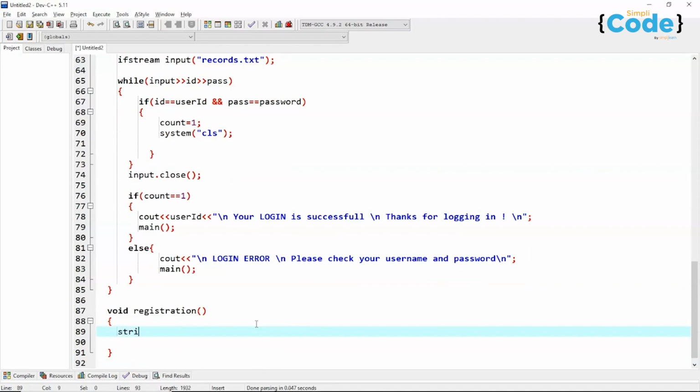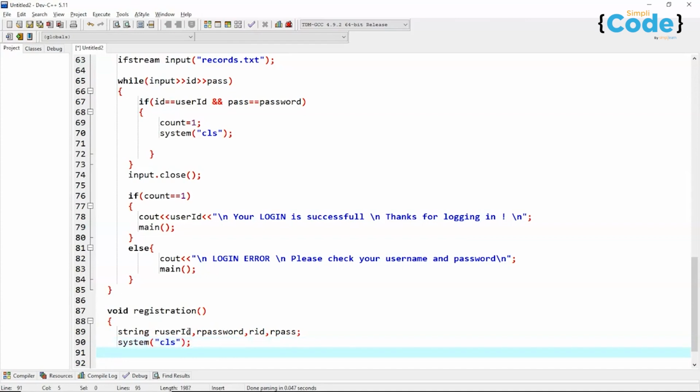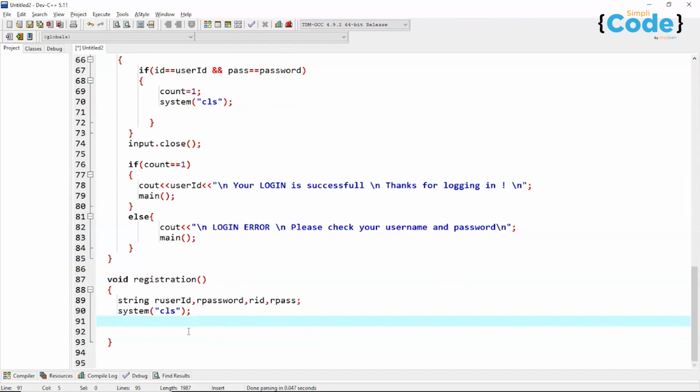So first of all, string r for registration user ID, rUserID, then rPassword, then RID and RPass. System CLS again, to clear the screen. Alright,